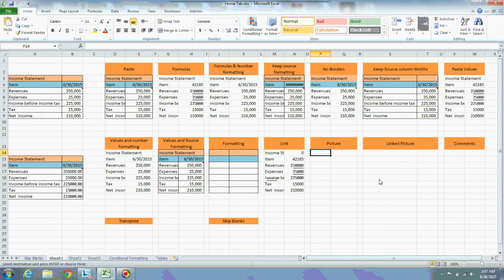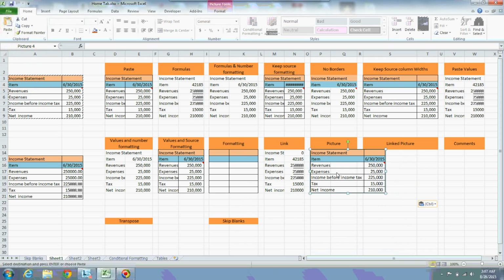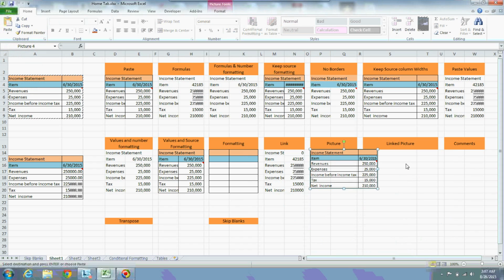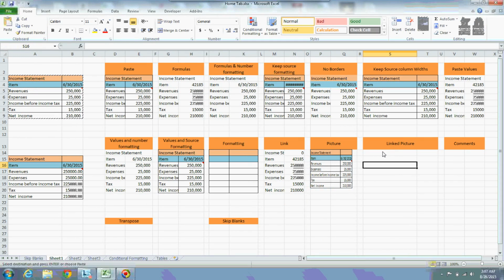Now I'm deleting this one. Using picture, just like this, I'm just moving or expanding or decreasing the picture size like this. These are called sizing handles. Now I have decreased the picture like this. Now this is one of the best features we have explained so far. Link picture, this is similar to picture. This is a good feature of Excel.